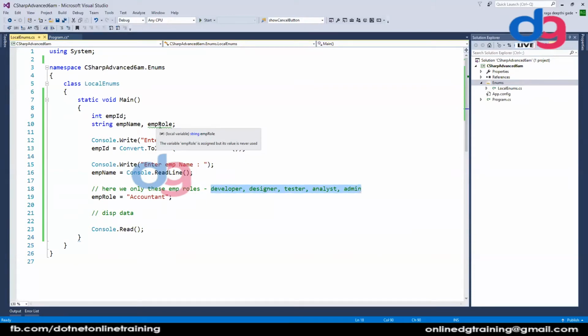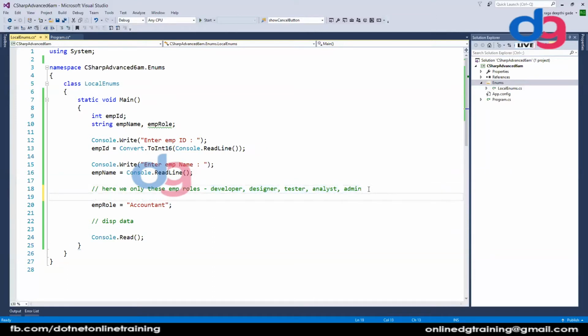So to create the solution for this, we can create an enum to store the fixed employee roles, because they are fixed, right? In our company, these are the roles which are fixed.